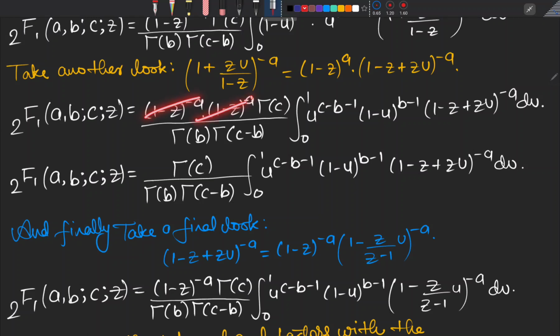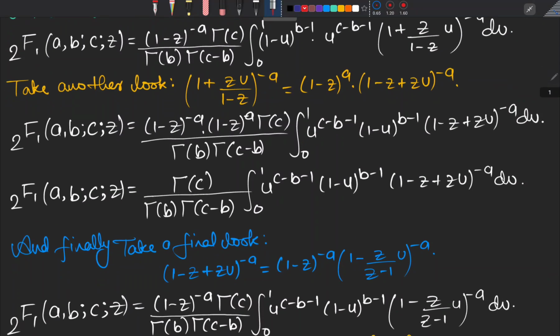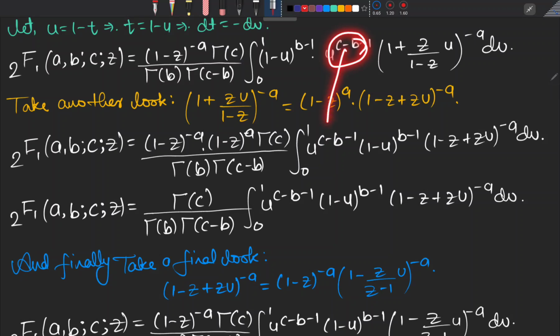So we will have some good cancellations there, and times Γ(c) over Γ(b)Γ(c minus b) times the integral from 0 to 1 of u^(c minus b minus 1), right? We are just running over that track only. I have just written that stuff over here and this one over there. So (1 minus u)^(b minus 1) and times